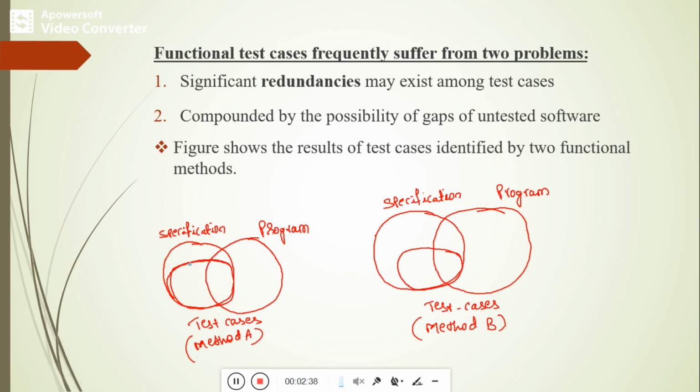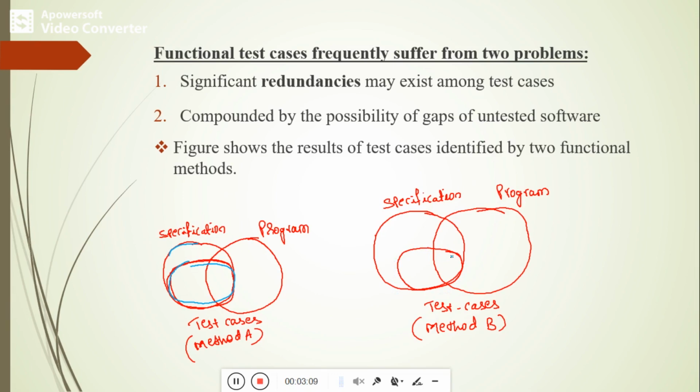This orthogonal circle covers the specification behavior maximally, and since the number of test cases is more, it covers more of the specification behavior. Similarly in method B, compared to method A, there are fewer test cases, and we have written very few.